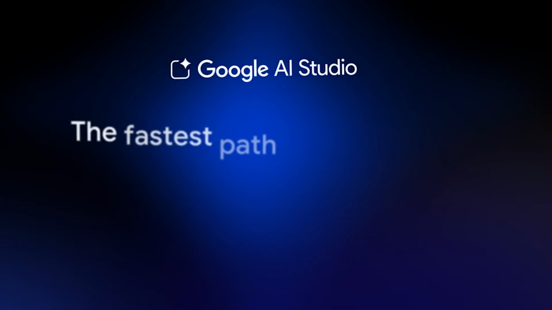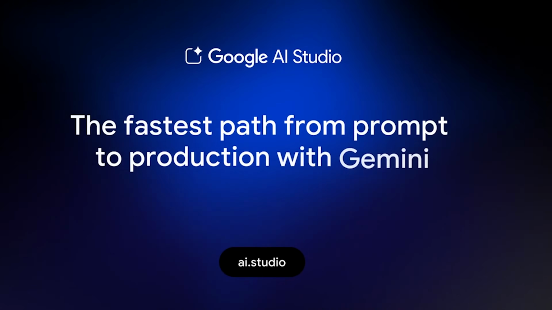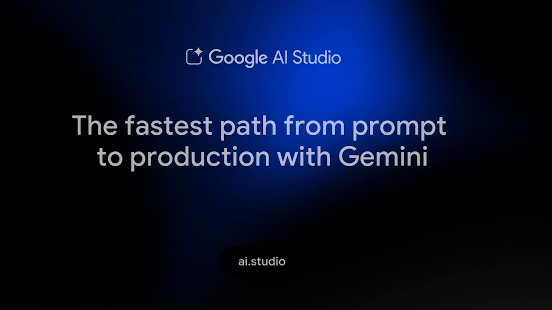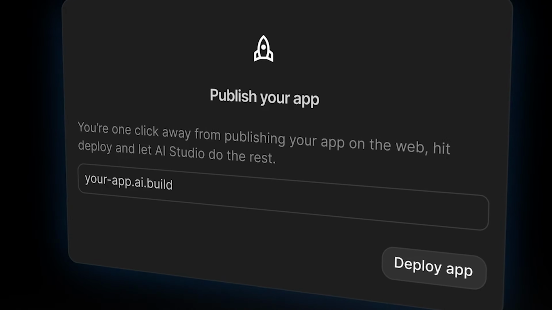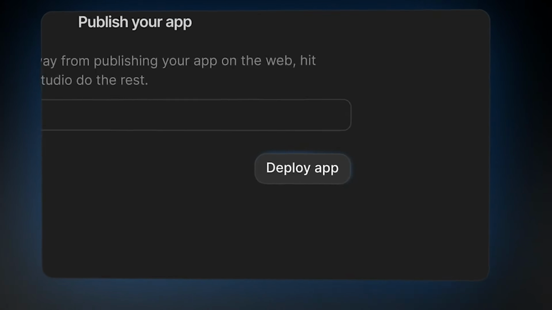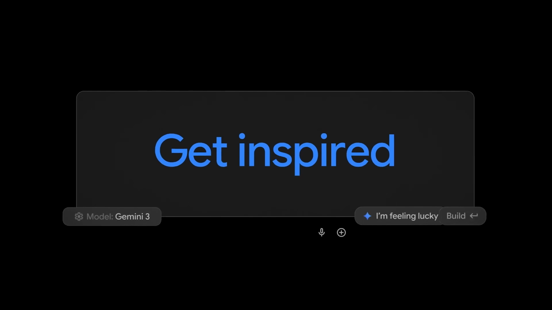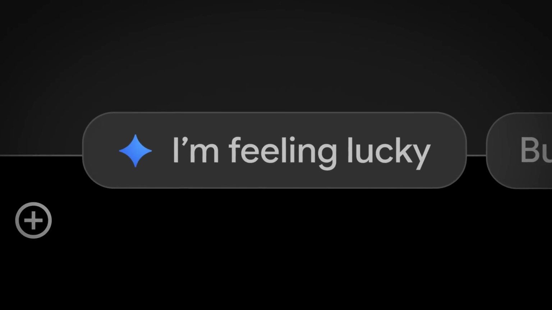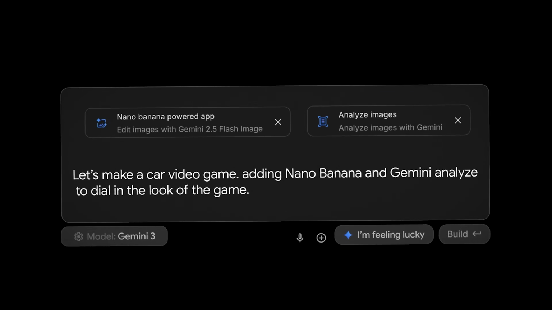So the AI Studio is a tool directly from Google that allows you to create and publish AI-powered apps, websites, and so many other things. It's where you're going to be able to work directly with Google's AI models instead of just chatting with them. You're going to be able to give the AI instructions, test exactly how it responds, see exactly what it's able